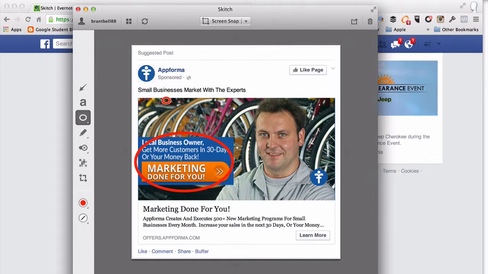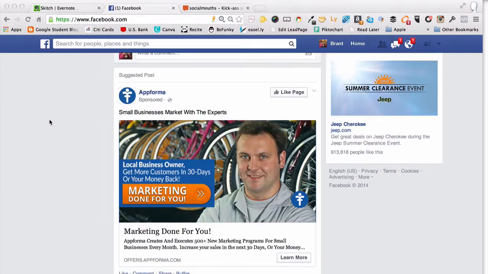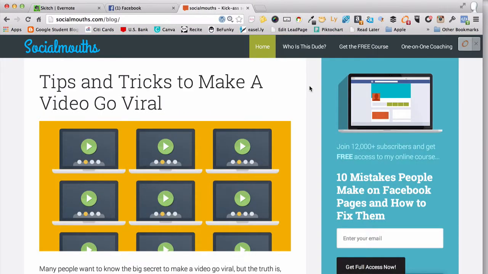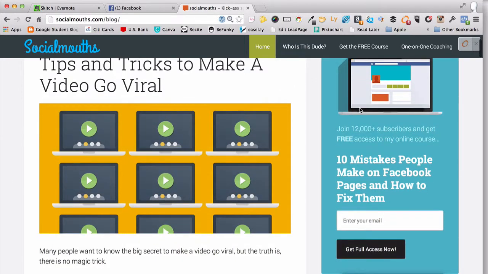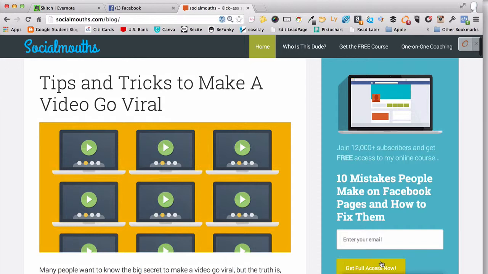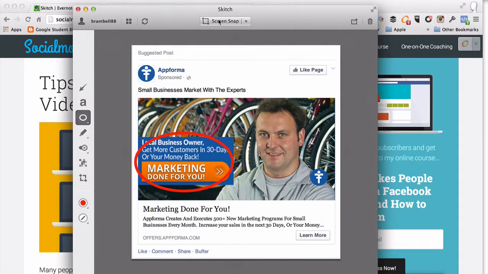It doesn't have to be just Facebook ads or things like that. Sometimes I'll run across something and it'll catch my eye. So for instance, over on socialmouse.com, you've got a nice lead magnet graphic over here. Let's say that it caught my interest. I would do the same thing. I'd go right into Skitch, do screen snap,